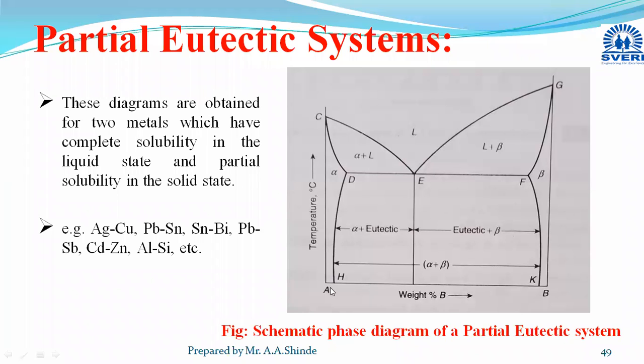This HD will indicate the solubility of element B in A at various temperatures. Then this KF line will indicate the solubility of element A in element B at different temperatures. And these two lines are termed as solvus lines. Okay, now these are three types of lines. This is the liquidus line, CEG, and CDEFG is the solidus line, and this HD and this KF are solvus lines, and this DF, it will indicate